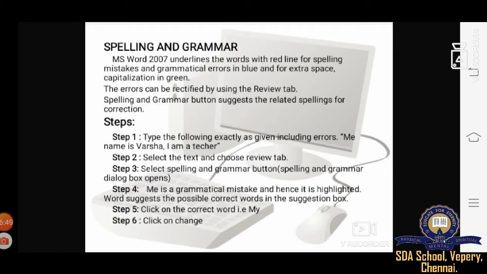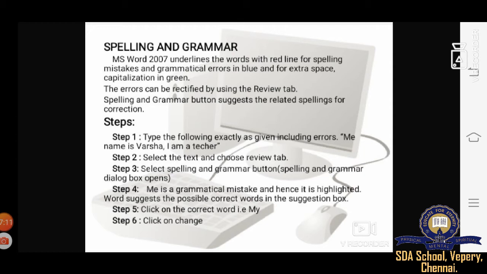Then step 5: me is a grammatical error, and hence it is highlighted. Word suggests the possible correct words in the suggestion box.